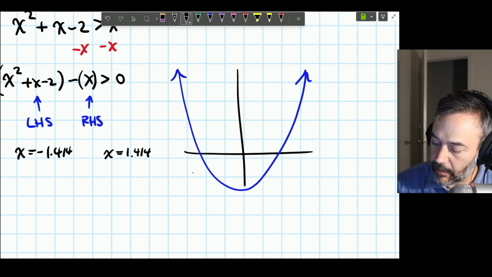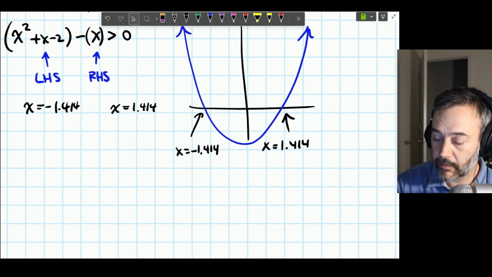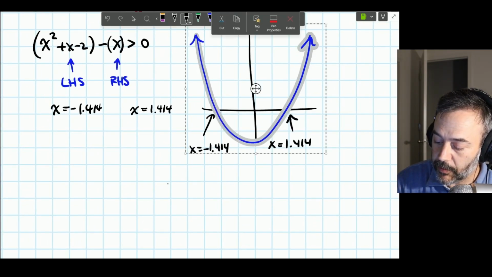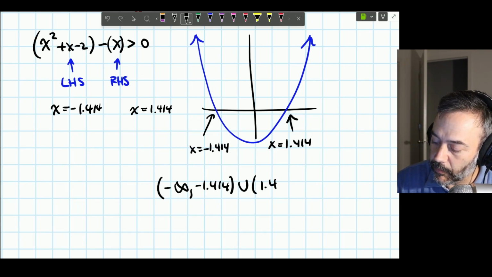And this x-intercept is x equals -1.414, and this x-intercept equals 1.414. And so the solutions, when is this positive? The solution set is all the numbers from -infinity to -1.414, union all the numbers from 1.414 up to positive